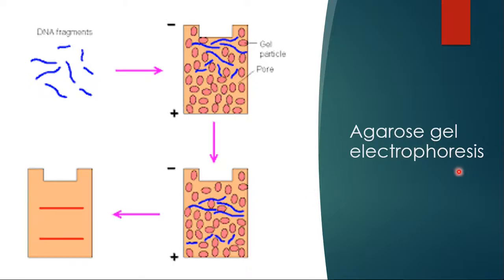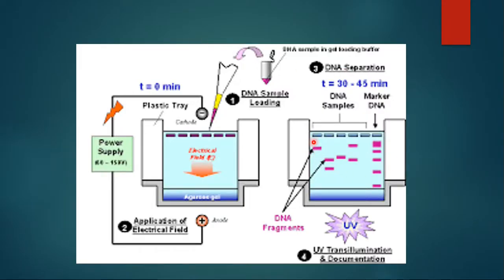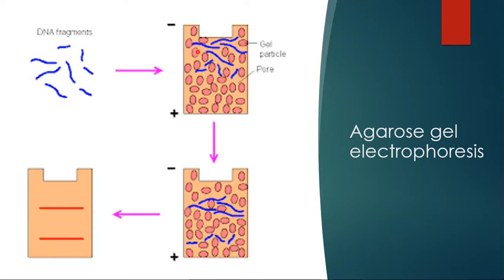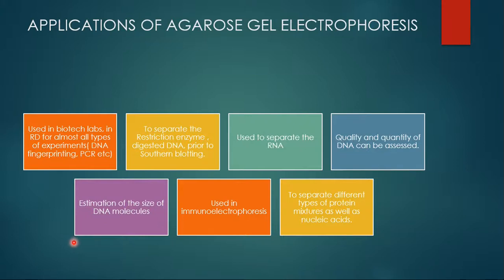Okay. So now agarose, here it's just a representation. So here are your DNA fragments of different sizes, larger size, smaller size like this. And when added to a well, here only a single well is going to be shown. Okay. Now what is happening after the application of electricity or power, they are moving. So smaller ones came first, isn't it? And the larger ones are a little bit late as they have high molecular weight. And finally, you have the formation of two bands when you observe like this. Okay. So this is all about agarose electrophoresis.